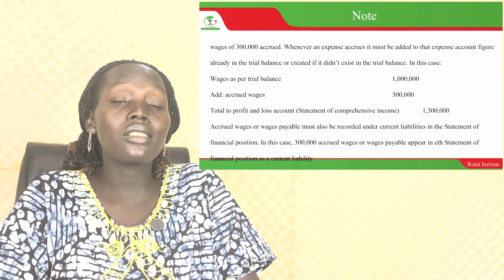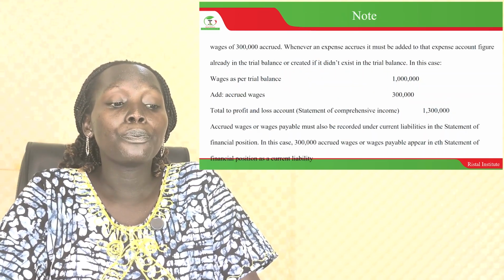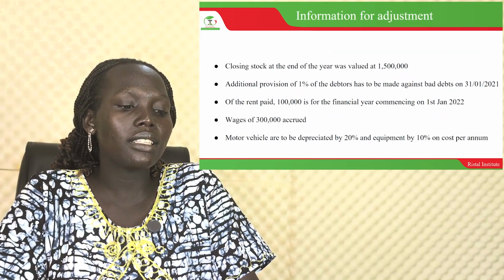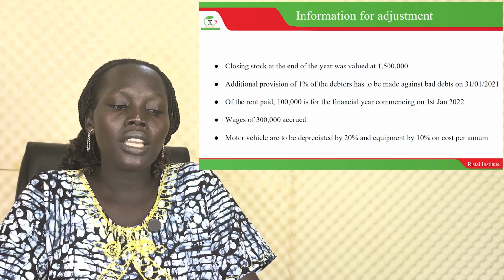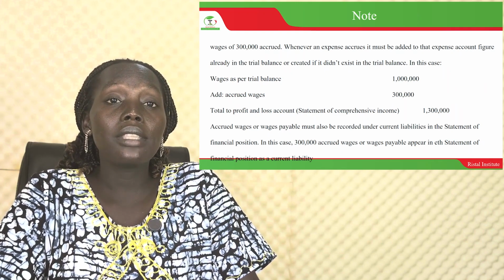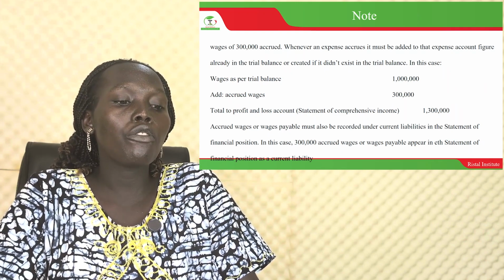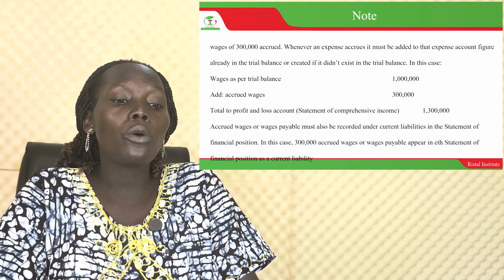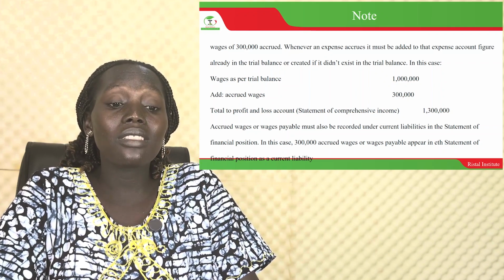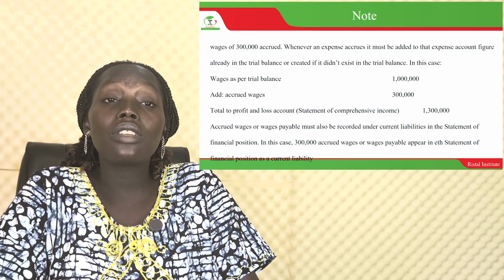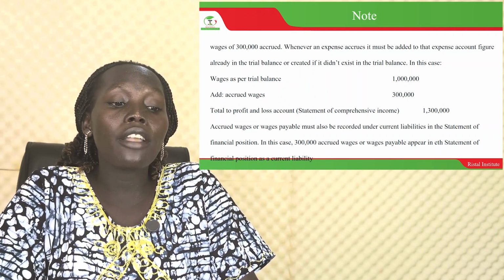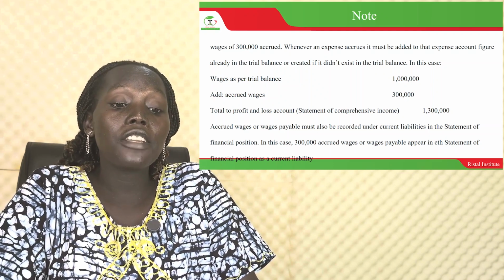But before that, let's first look at the note of understanding. When we talk of the statement of wages, they say wages of 300 accrued. What do we mean by accrued? Accrued can mean unpaid, something that is not paid. So the wages of 300 was accrued. So whenever an expense accrues, it must be added to the expense account figure already in the trial balance, or created if it didn't exist